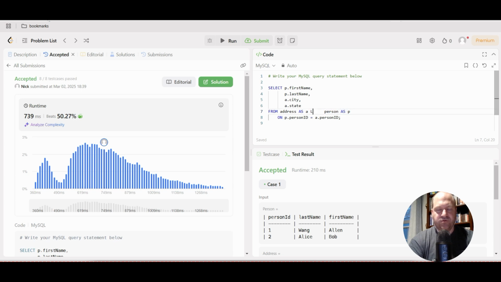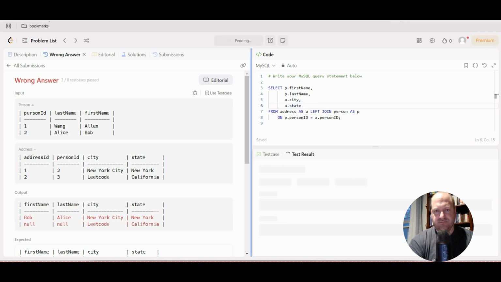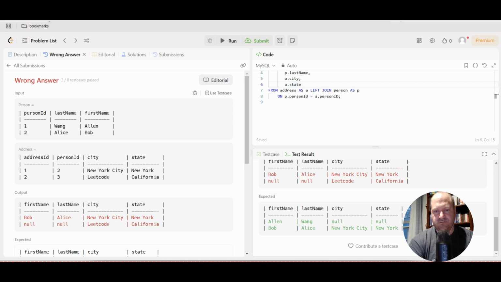So if we do a left join here, and I submit that, actually let me run it first. We're going to get a wrong answer